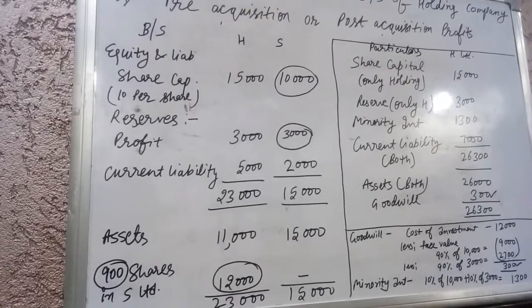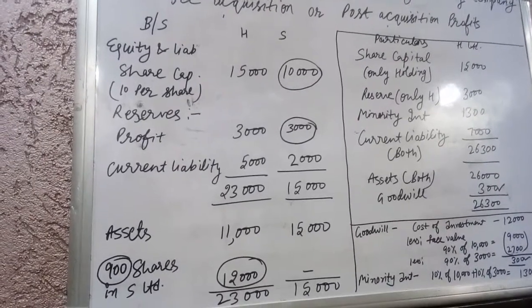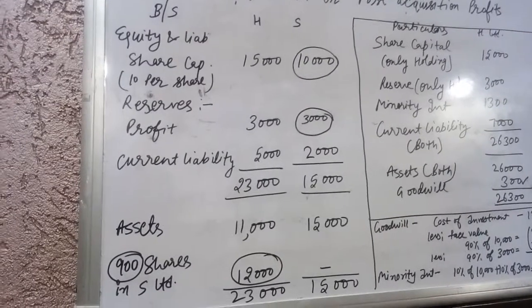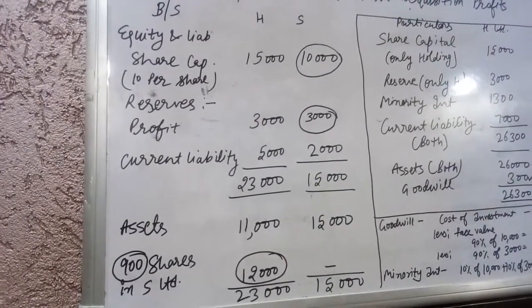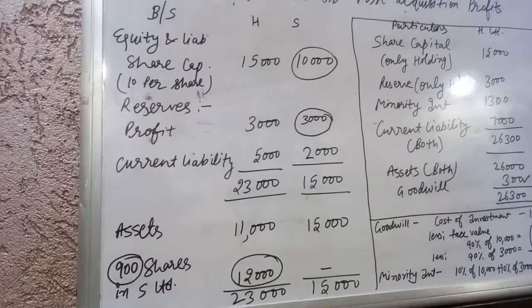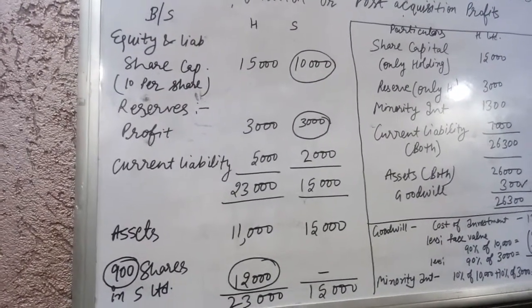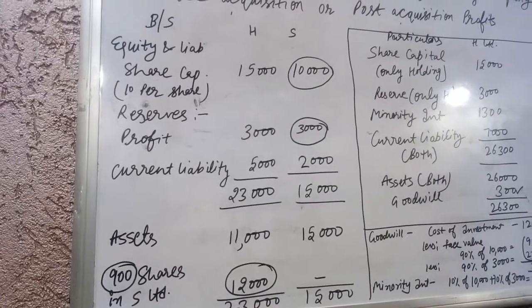Share capital में क्या है, 15,000 अमाउंट है होल्डिंग कंपनी का और 10,000 अमाउंट है सब्सिडरी कंपनी का. And what is written over here, 10 per share. It means 1500 shares of 10 each in case of holding company and 1000 shares of 10 each in case